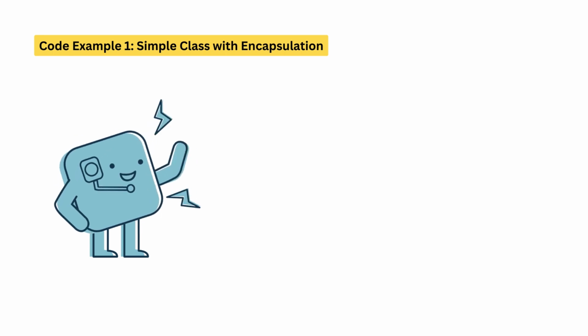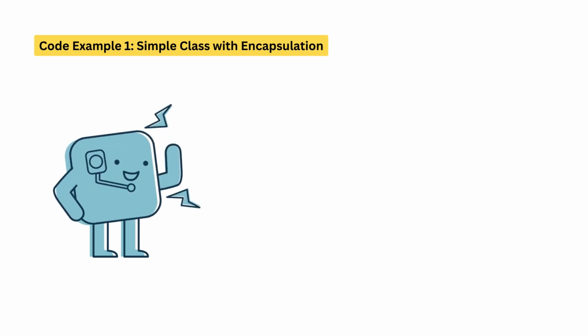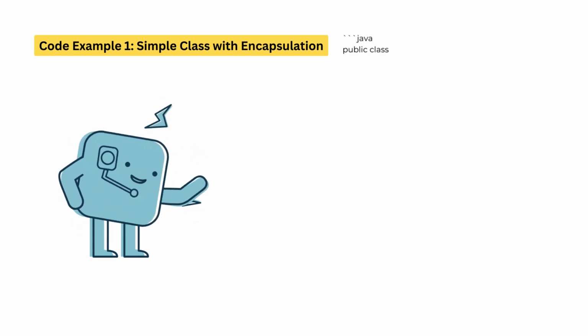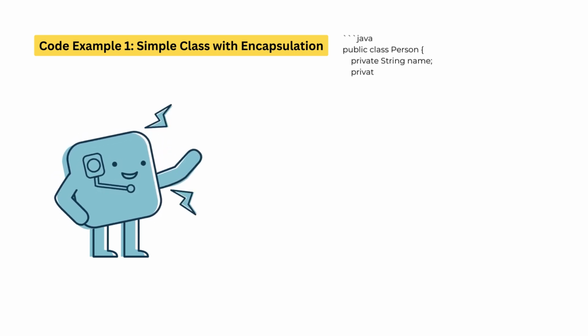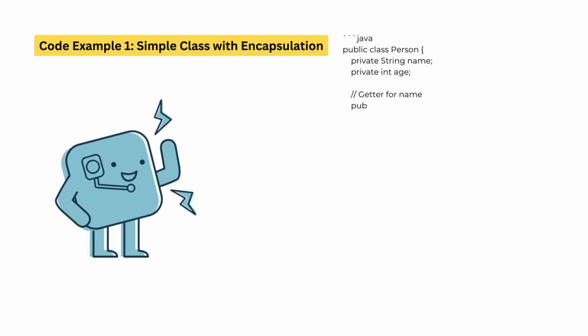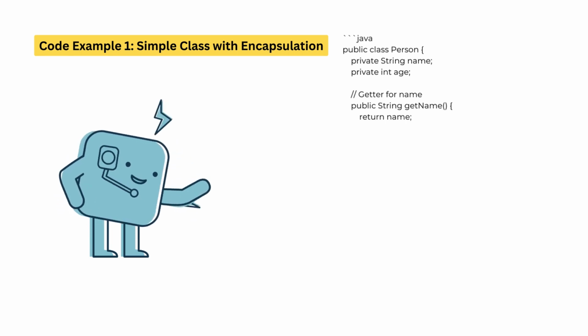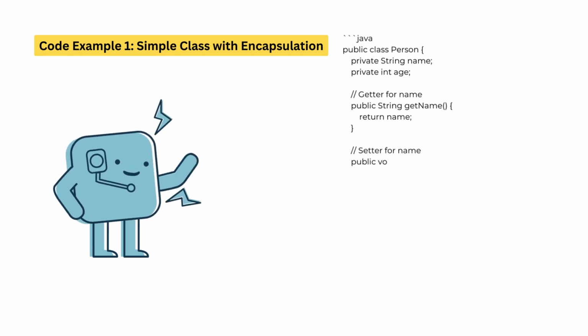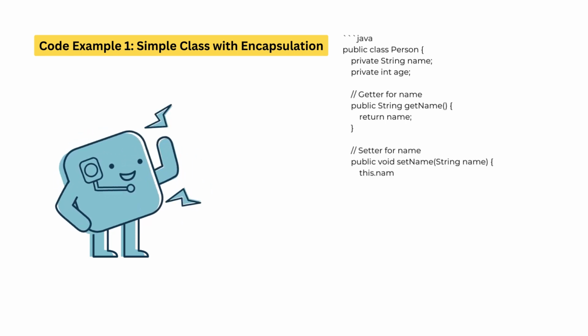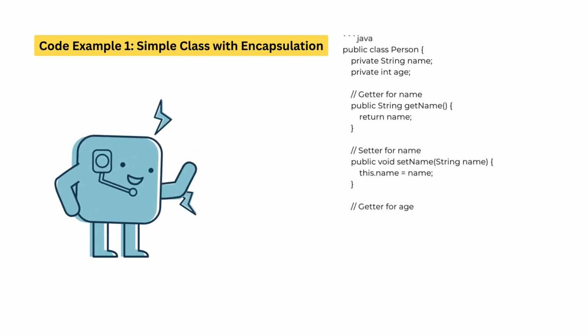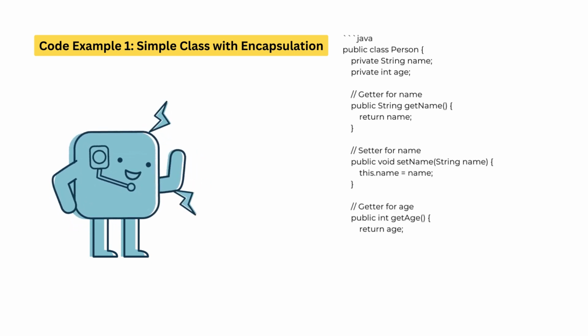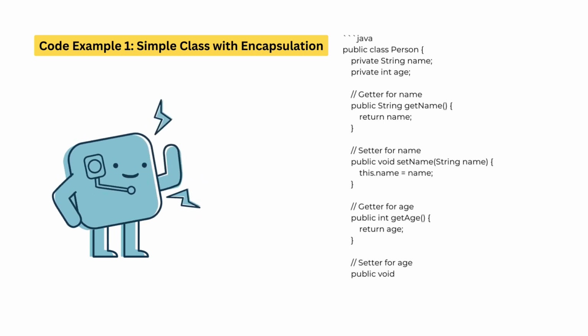Let's dive into some code examples to illustrate encapsulation in action. Java: public class Person { private String name; private int age; // getter for name public String getName() { return name; } // setter for name public void setName(String name) { this.name = name; } // getter for age public int getAge() { return age; } // setter for age public void setAge(int age) { this.age = age; }